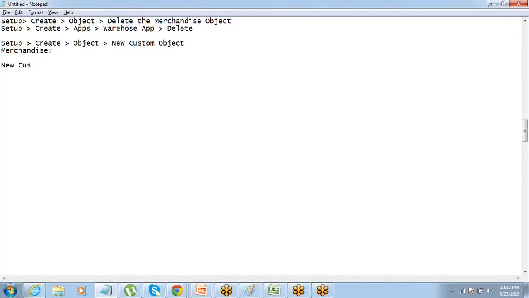So new custom field, call it price, and the data type for price will be currency, right?